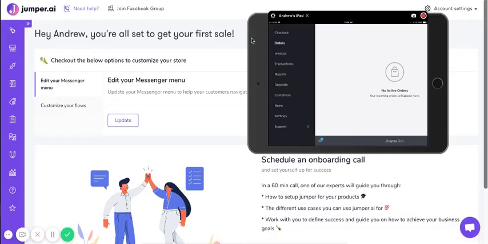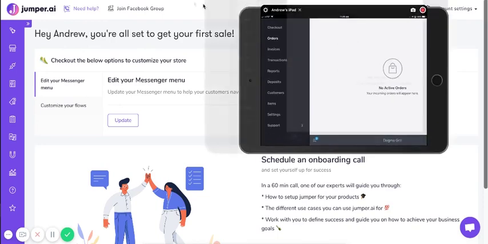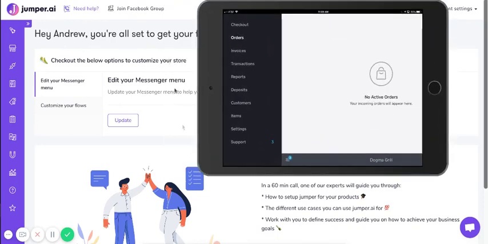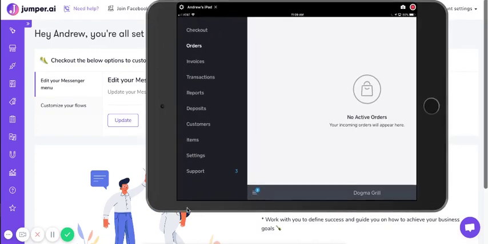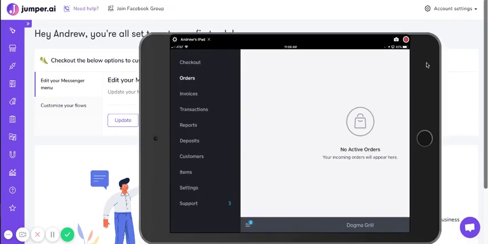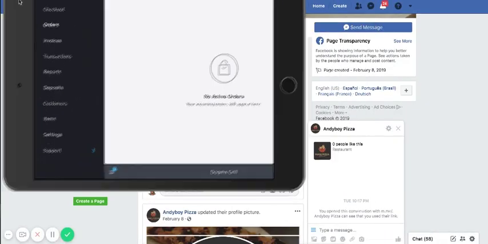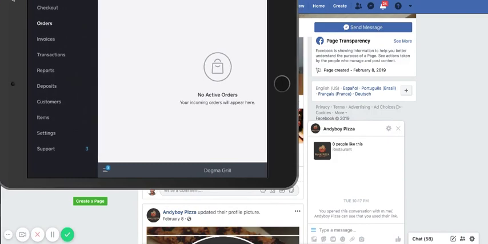So let's put this all together and show you how this all works, right? So now that we've got our iPad here, my little mirroring of the iPad of what my order taking would be, and my Facebook page open here. So I'm just going to show you how this whole thing works, the magic of Jumper and Square and everything all together. Okay, so